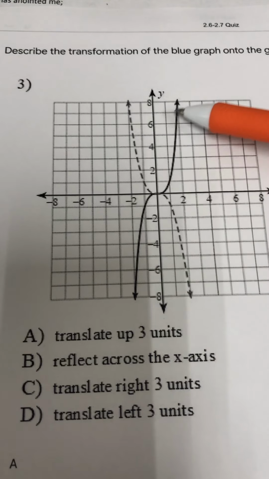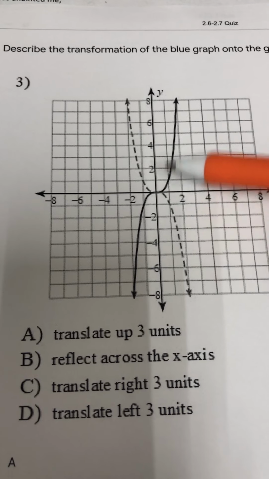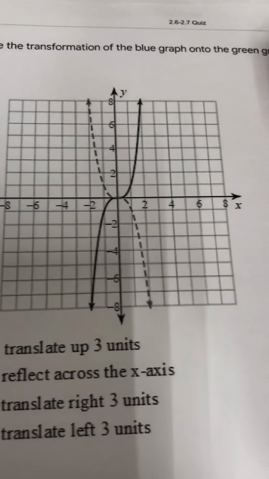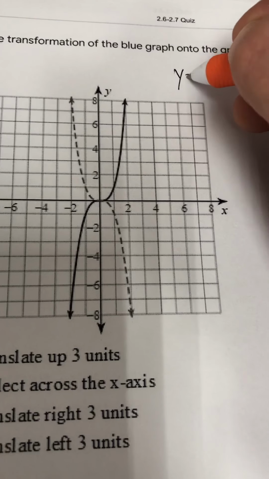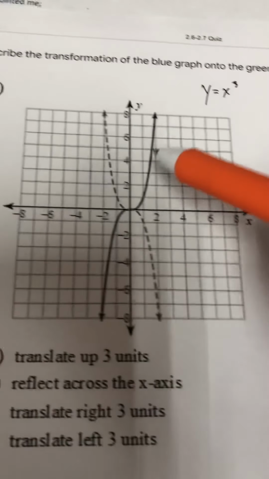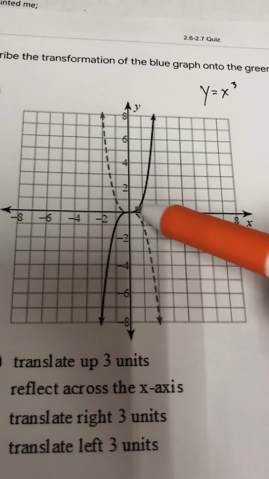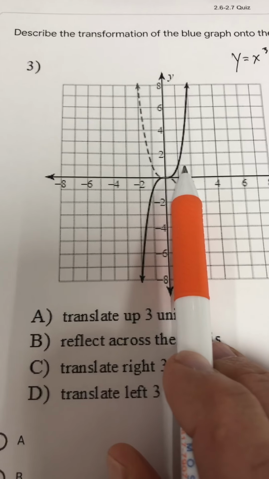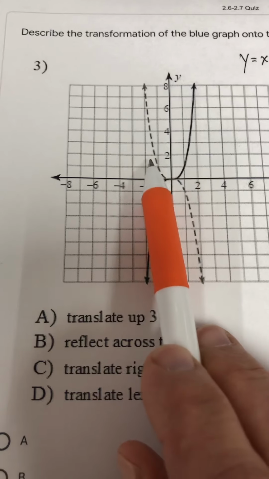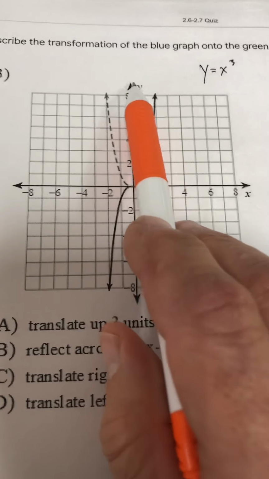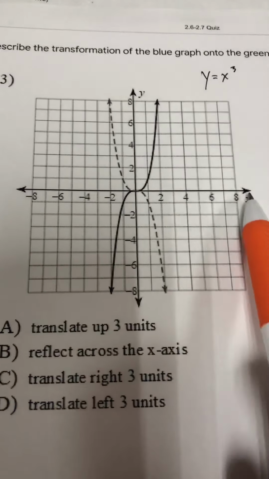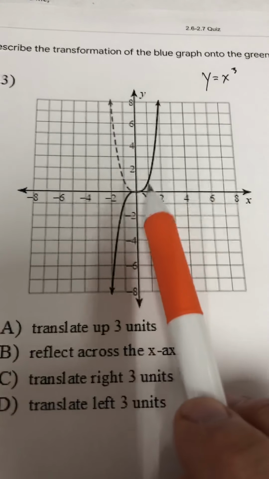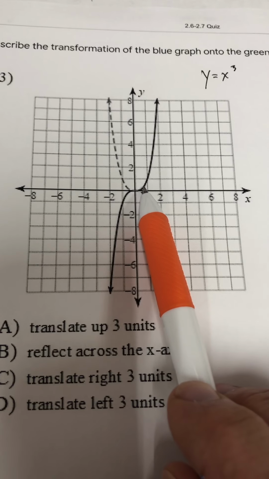This is x to the third power. Y equals x to the third power. X cubed. Okay, so it is actually going to be over one of the axes. This is Y and this is X. So, what happened,